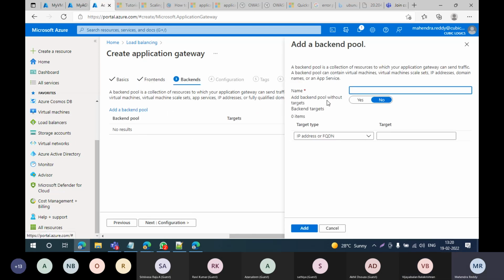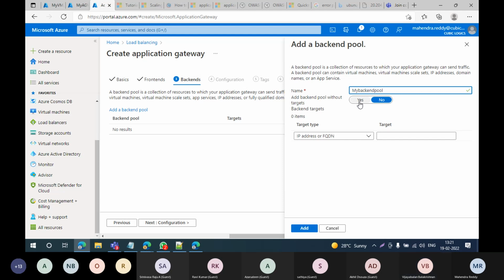So when we go to the backend pool, the backend pool is responsible for routing the traffic to the backend servers. The reason we go with the backend pool is, suppose you have to drain something, or you need to add something, through auto scaling or manually, everything can be done on the fly without much intervention.